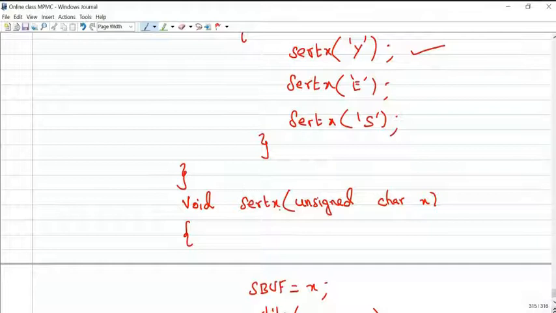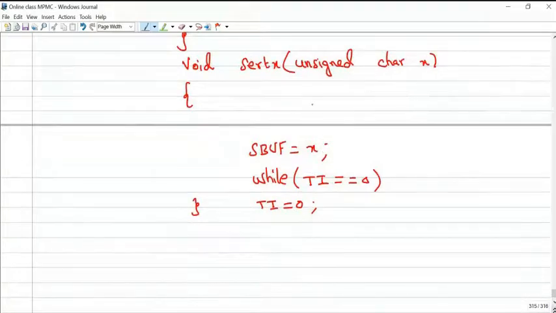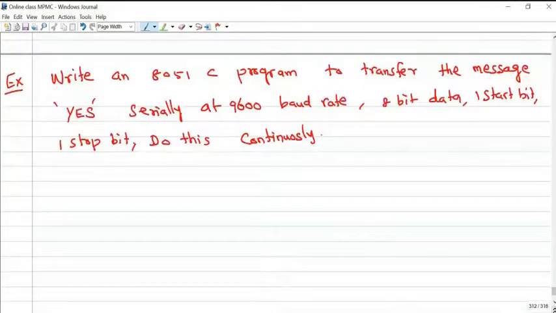So we pass the arguments to the function, and capital Y, E, S are loaded into SBUF continuously. This is a simple C program to transmit the word capital YES serially at a baud rate of 9600 in mode 1 serial communication.